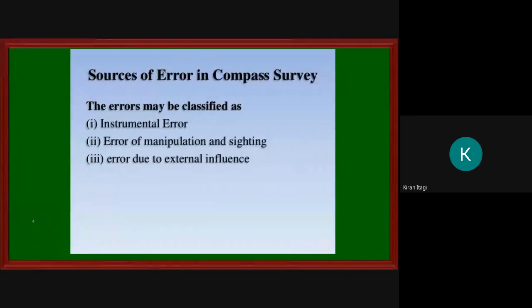Do you have class at 11 p.m.? 11 a.m., sorry. Check the group once. Has anyone posted or not? No. What is there? According to timetable, Thursday. Okay. According to timetable, I have my class only, so I will continue the class.